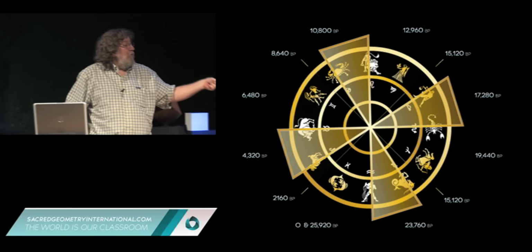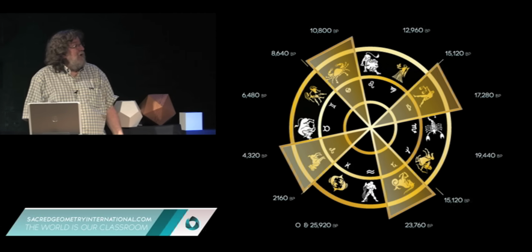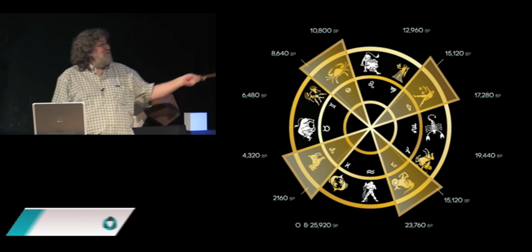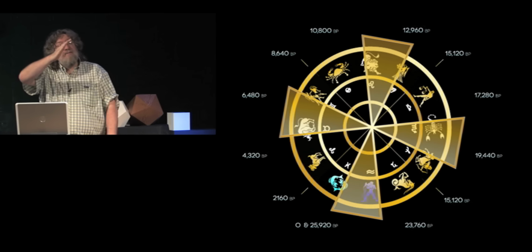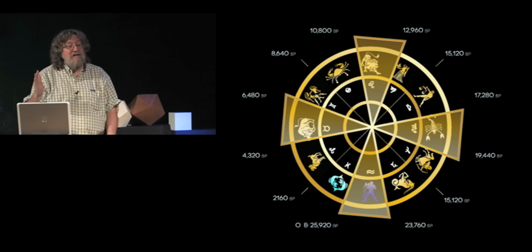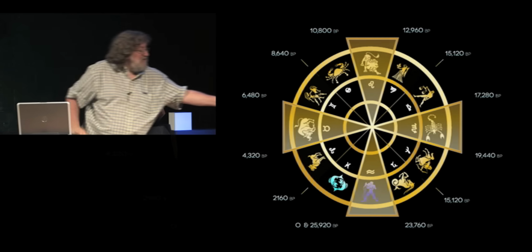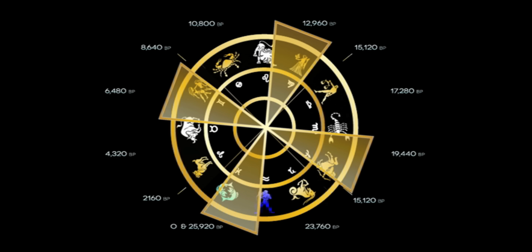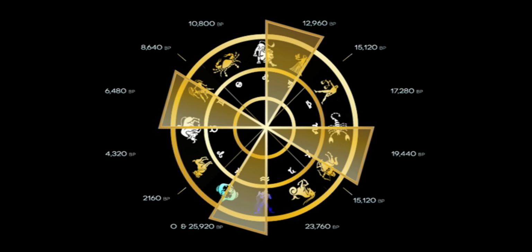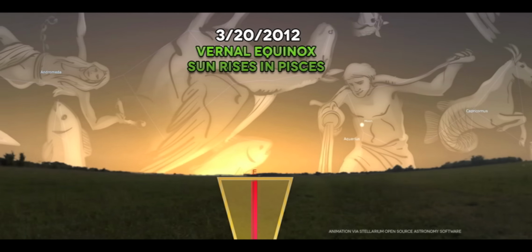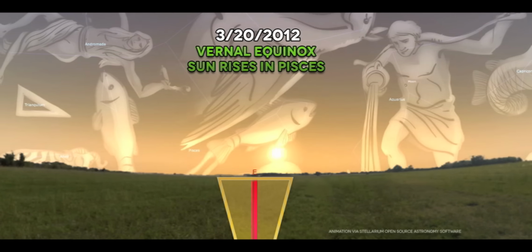But in any case, as we go around this great wheel, this cosmic wheel, what we're going to see is that each of these is a zodiacal sign. We have here Pisces, we have here Aquarius. So now the vernal equinox is poised. It's moving out of the star constellation of Pisces, moving into the star constellation of Aquarius. And so we say that roughly for the last 2,000, or if we want to be precise, 2,160 years, the vernal equinox has been transiting the constellation of Pisces, and therefore we've been in the Piscean age.